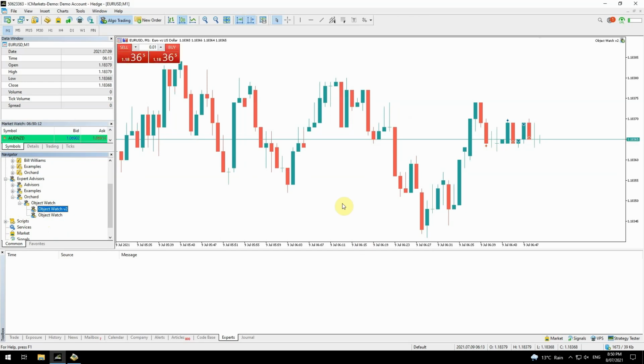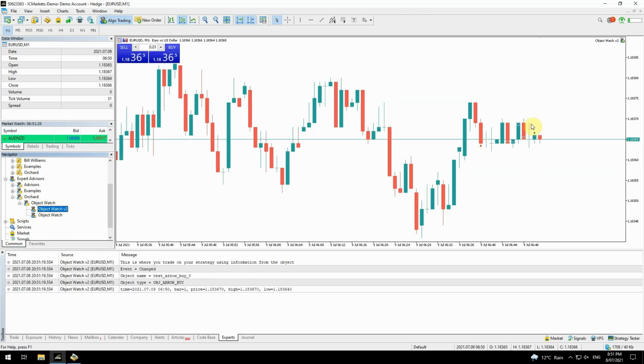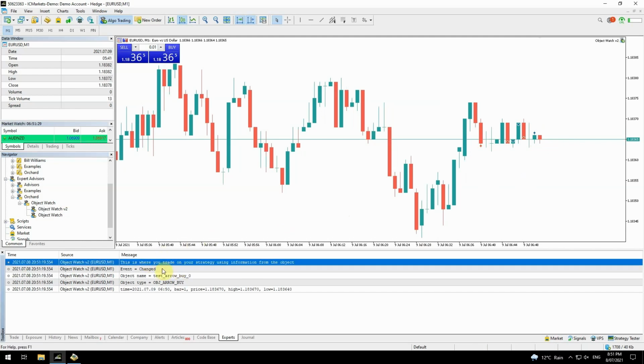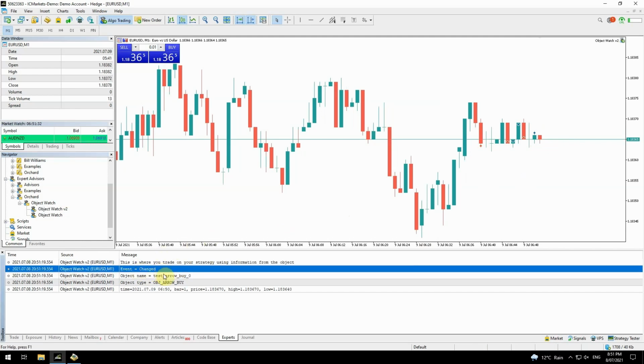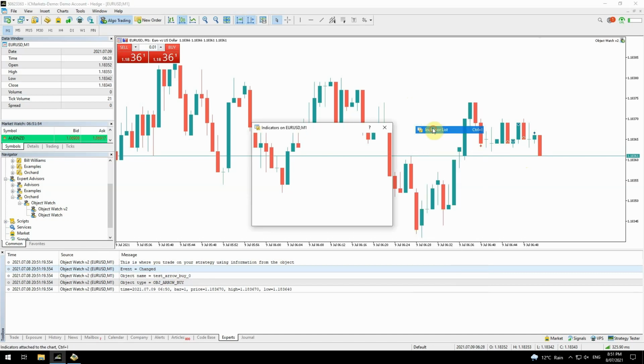And now I've replaced that with the object watch v2. And now I've had a new arrow, or an arrow has moved up to the front. And we see the events changed because it has detected that arrow has moved. So the object watch v2 will deal with this type of event where the arrows are moving, but it will also deal with new arrows being created. It didn't report the existing arrows on the chart because we have that flag on the initial load that it will ignore them. But if I remove these arrows and restart the indicator,